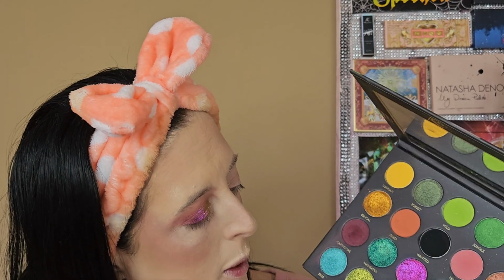I didn't spray my brush or anything, so I would just be wary that they are a little bit softer, so I would perhaps spray them, put your NYX glitter glue down. I obviously didn't today. I mean, they're sitting lovely, but I think if you have done your base makeup, spray your brushes. I'm going to go in with the shade Claws for my inner corner,